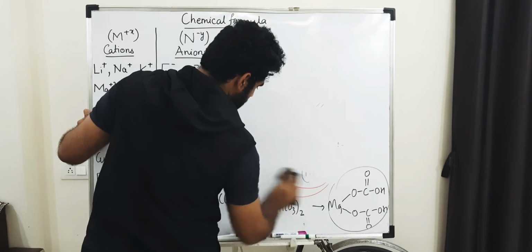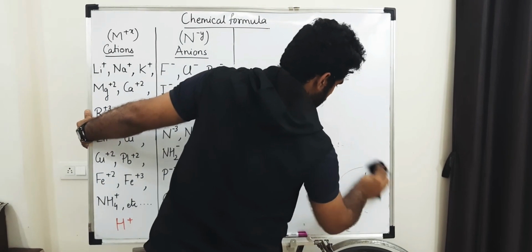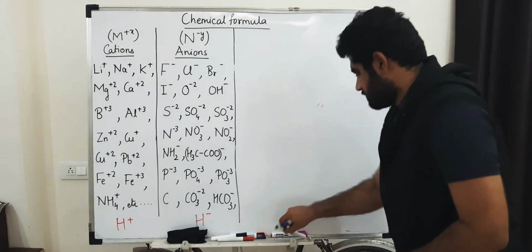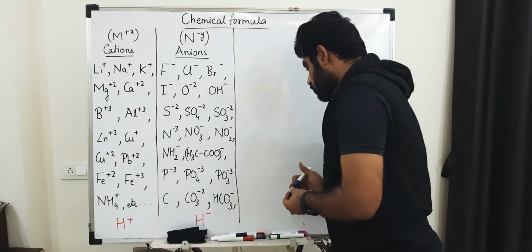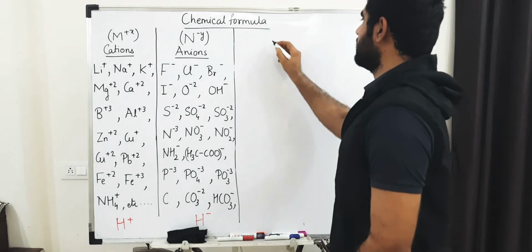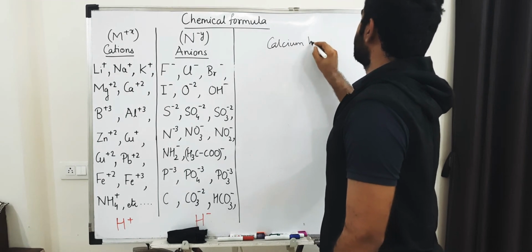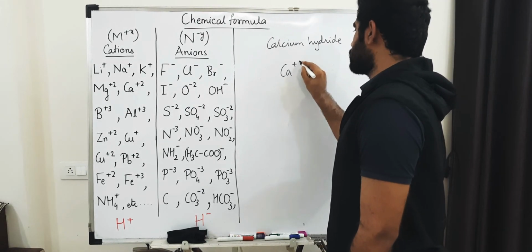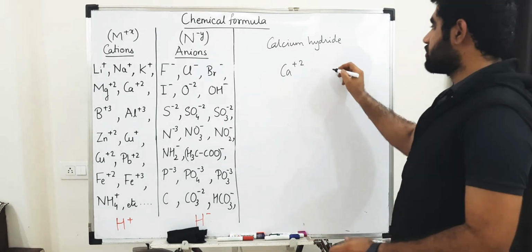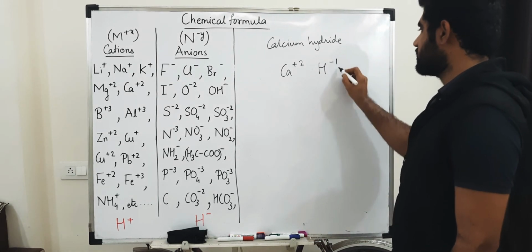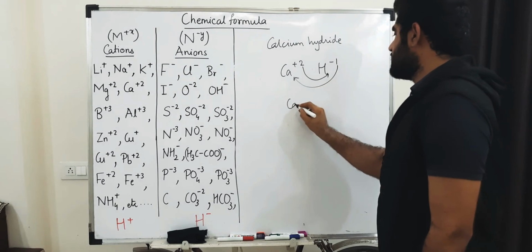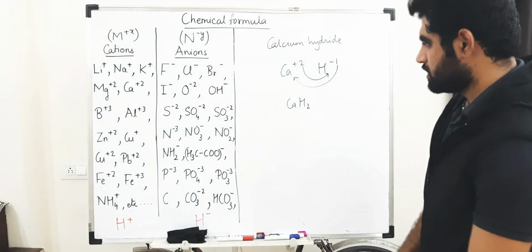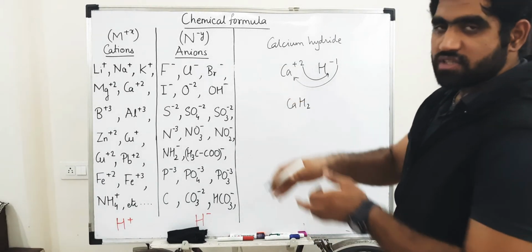Last one example will be considered where I'm taking hydrogen in such a way that it is negatively charged. It means I will react the hydrogen with some metal. If I say calcium hydride, calcium Ca plus 2, hydride. When metals are reacting with hydrogen, hydrogen is always treated as negative, so minus 1. CaH2, calcium hydride. See.